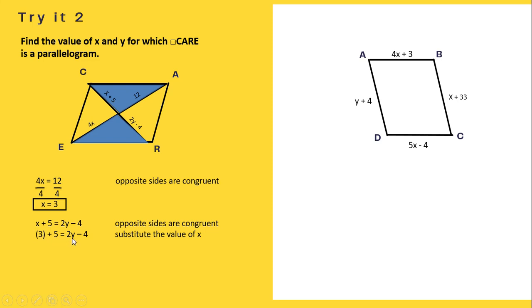3 plus 5 is equals to 2y minus 4. So, substitute lang din natin yung value of x. So, we have here, 8 is equals to 2y minus 4. Okay? So, to get that, we add 4 to both sides para ma-cancel out, then malipat natin yung plus 4 sa kabilang side. So, 8 plus 4 is 12, then is equals to 2y. So, we divide both sides by 2, then we get the value of y, which is 6. Okay? Kung isa-substitute mo to, ang mangyayari,